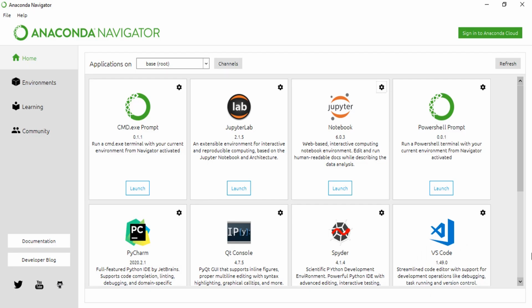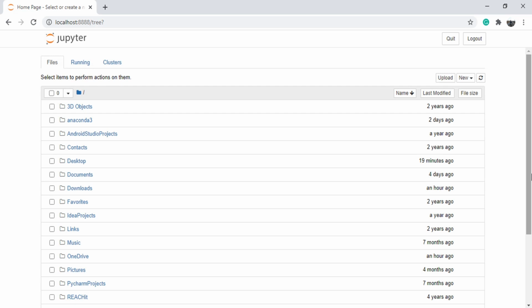Once you have done that, go ahead and launch the Jupyter Notebook. You will notice that your browser automatically opens up to localhost 8888 or 8889.